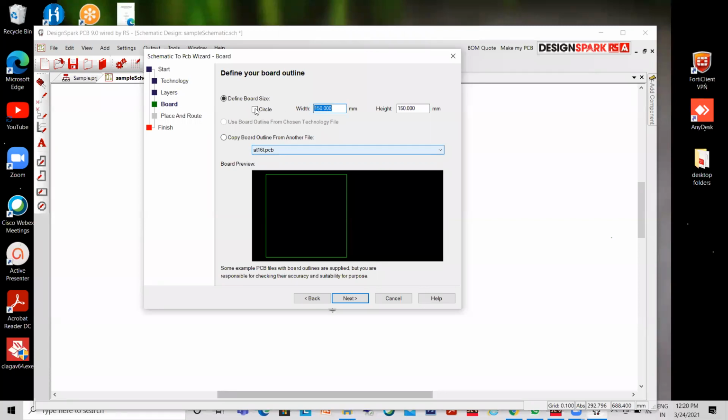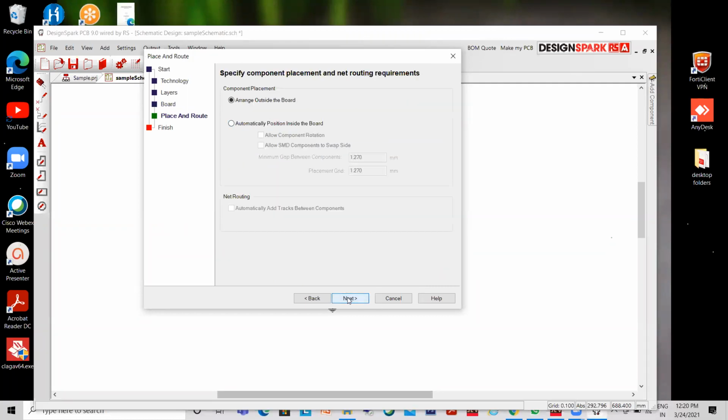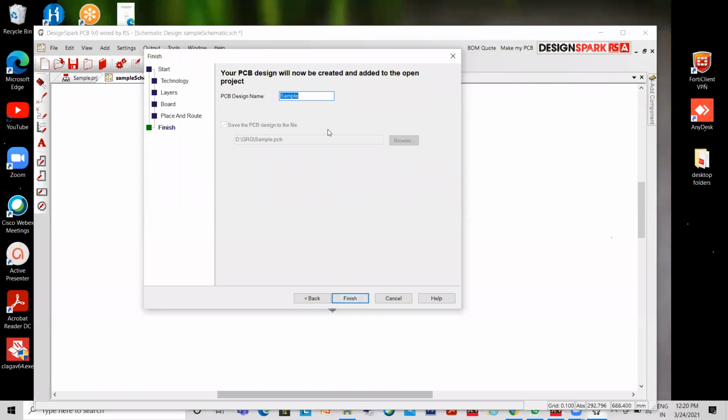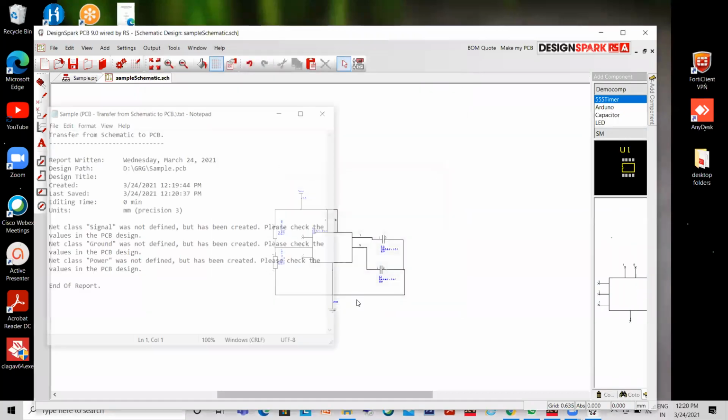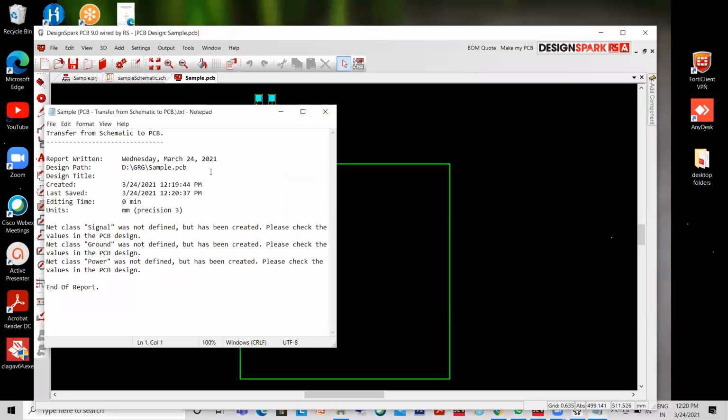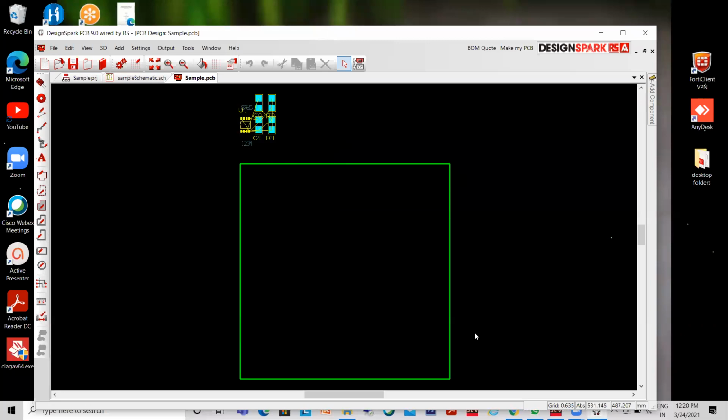Either it can be a circle, in which case you have to give the diameter information, or if it is not a circle, you have to give the width and height information. So I select 50 mm by 50 mm. This is the board outline information, and we can give the PCB name as sample, and finish. The net signal classes have to be defined in the schematic itself. You can see the board outline of 50 mm by 50 mm has been created,